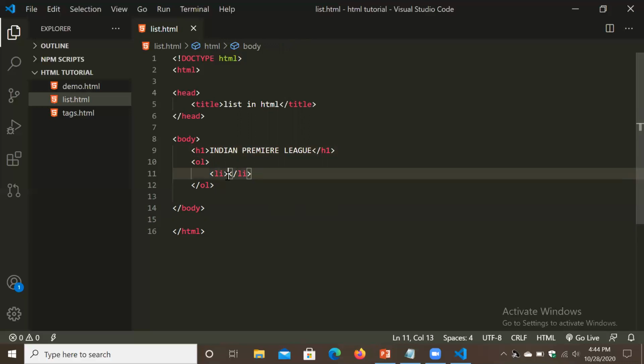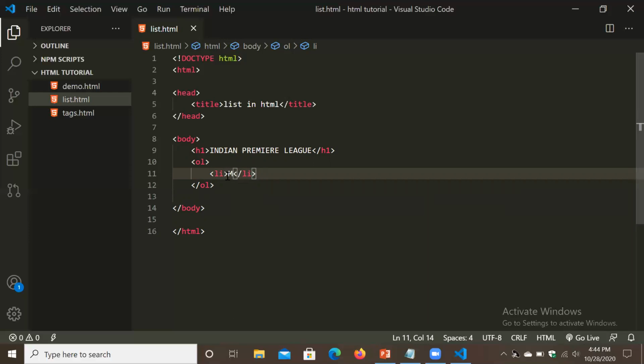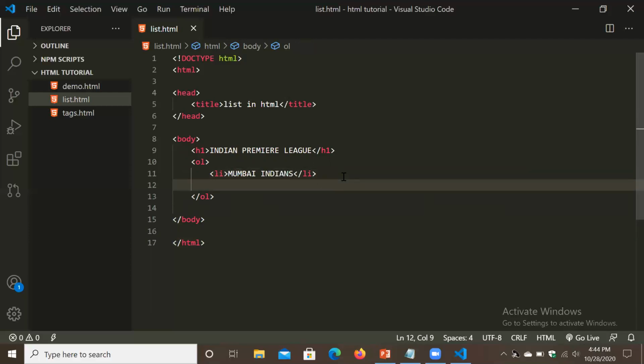Now in the list, what do we have to mention? We have to mention teams. So first we have to mention Mumbai Indians. Then we have to add another team. What do we have to do?